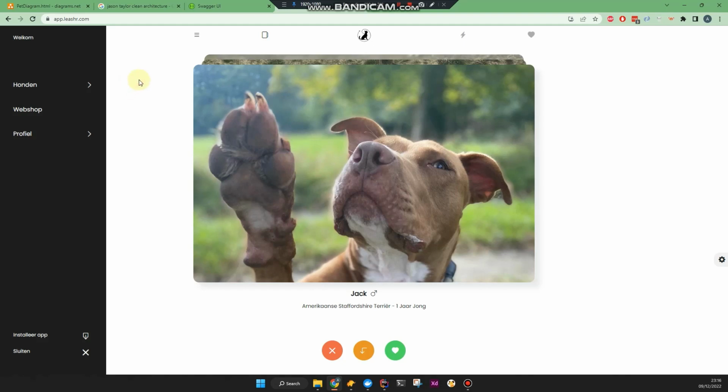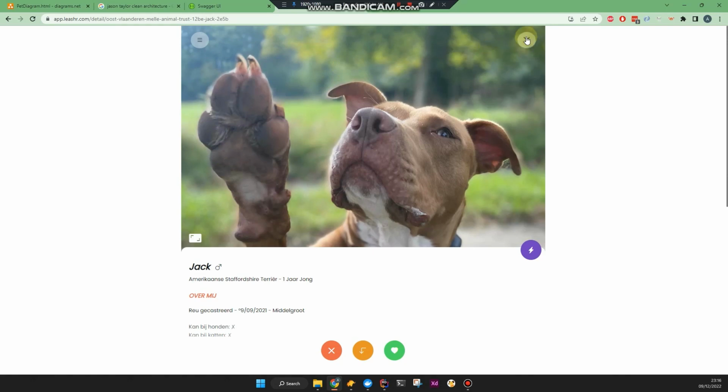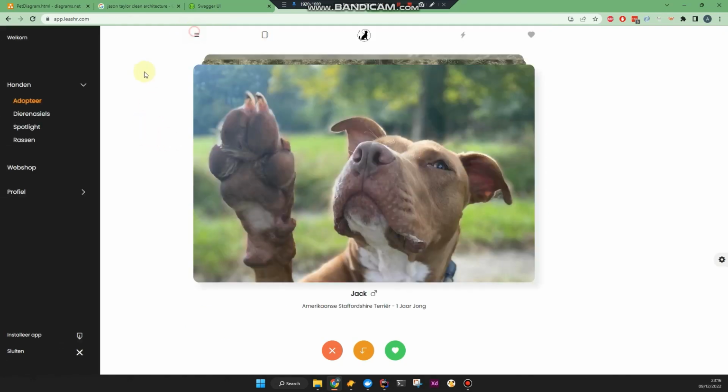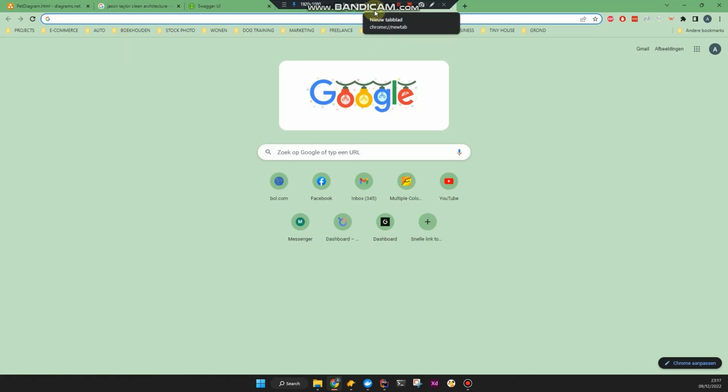What's the right wording for it? Yeah, it just wasn't this application's purpose. This application's focus is really adopting dogs and finding the shelter, contacting the shelter and all that stuff. So nothing outside of that. So the pet social one is more like,